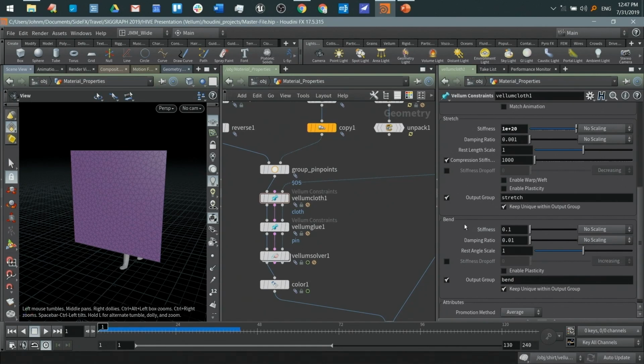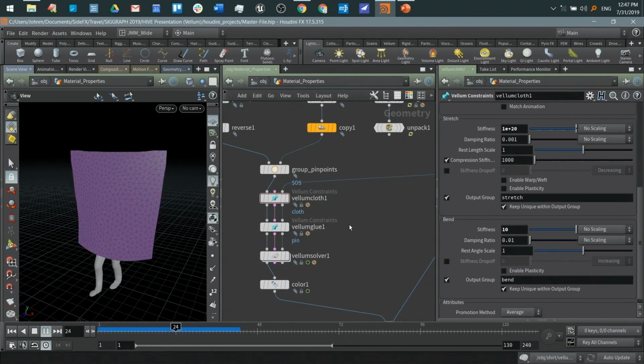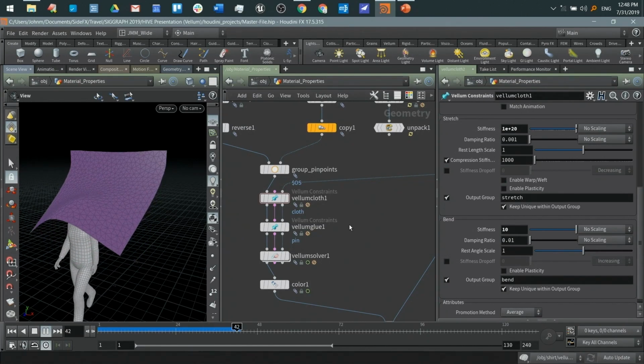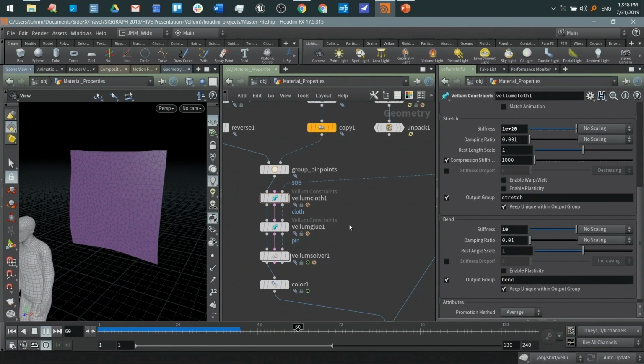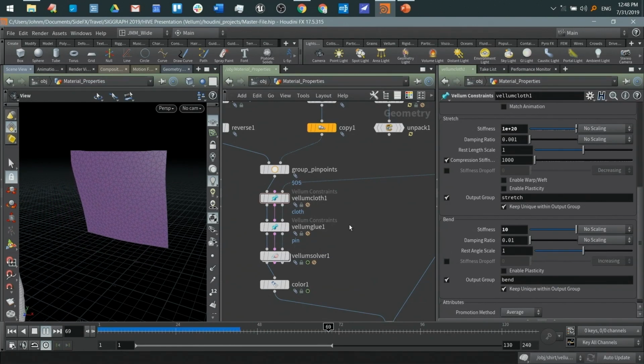Let's go ahead and just adjust bend for a little bit so we can see what a real world version of what bend is going to look like. So with our bend stiffness, if we increase that to a much higher value, we'll just say something like 10, as our character walks through, regardless of how stretchy the material might actually be, we get something that looks a lot more, like I said, like a rubber car mat, where the entire piece of fabric is being influenced by even just a little bit of push in the middle of it, so it's maintaining all of its shape as it moves. If we lower the bend stiffness,